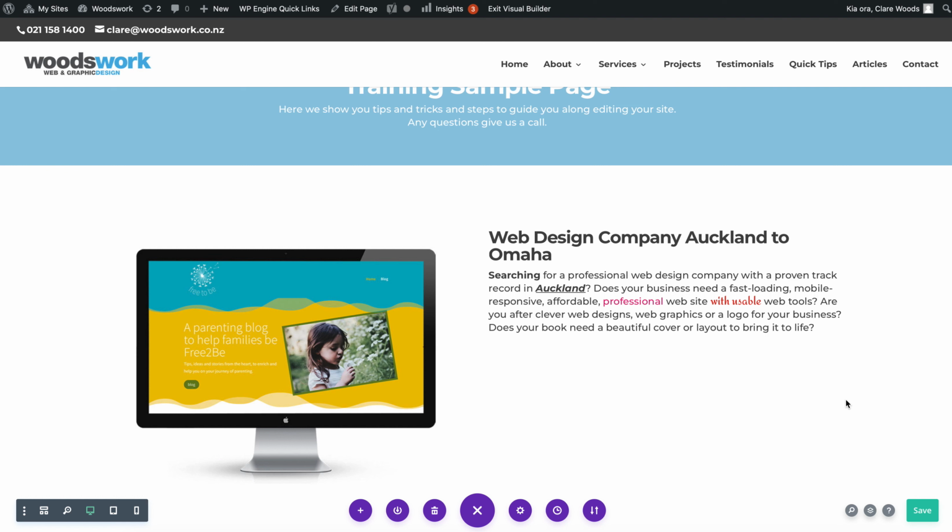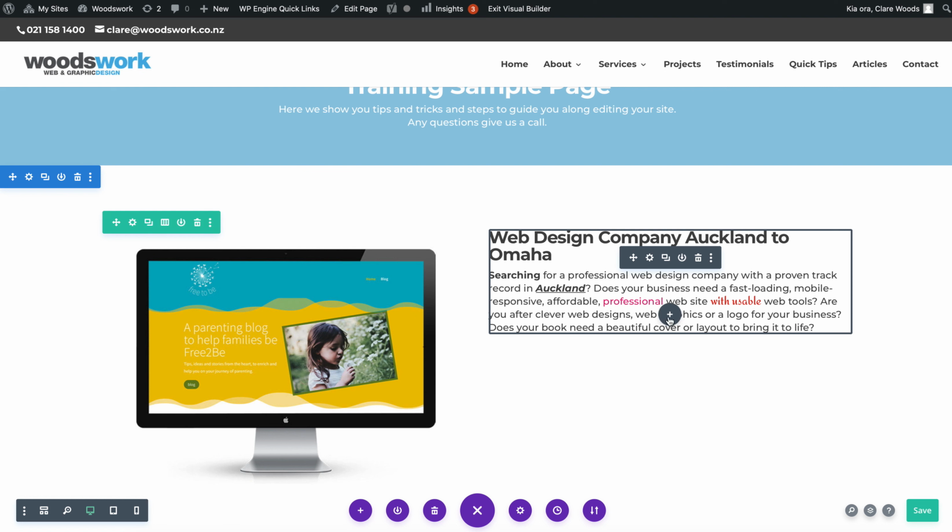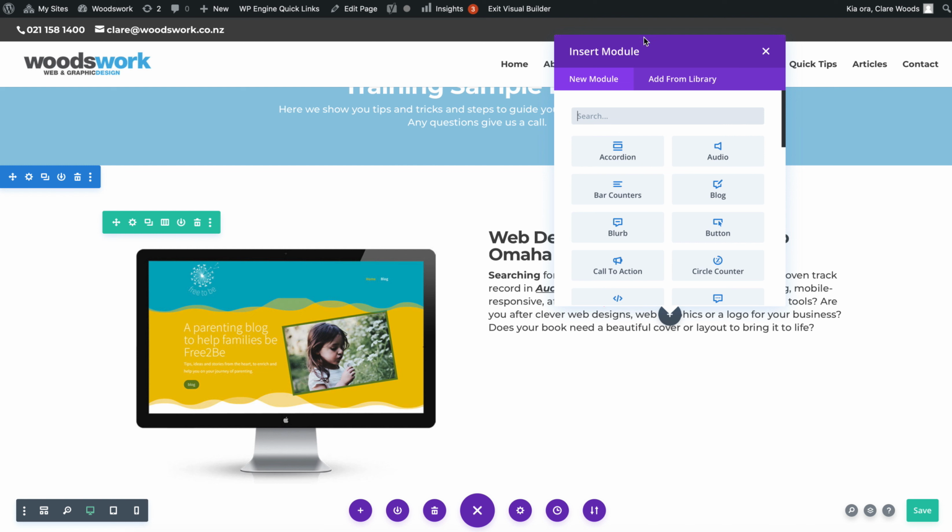This tutorial is about blurb modules. We're going to add a blurb module by hitting on the little plus icon here. It's going to add a box where we're going to be able to choose the module that we're looking for. Here blurb is right at the top, but you could add it in here and then it would give you